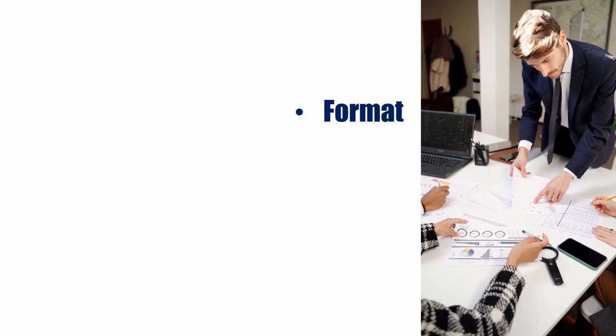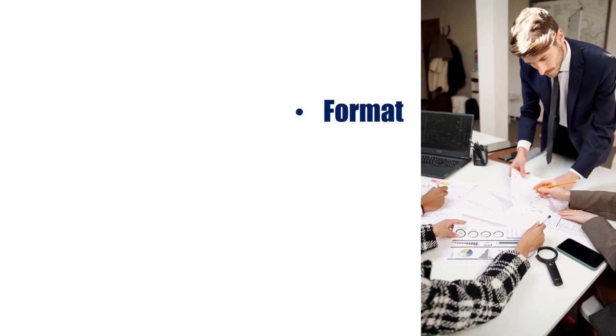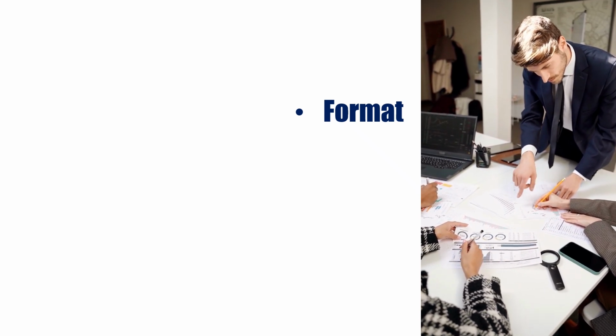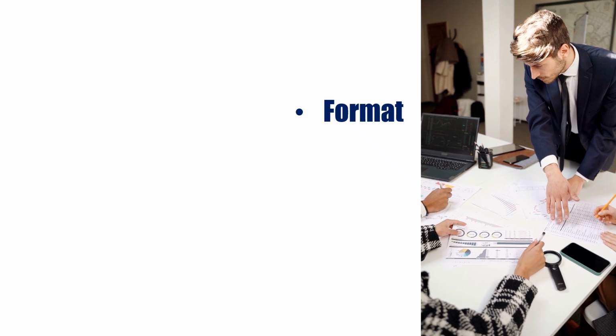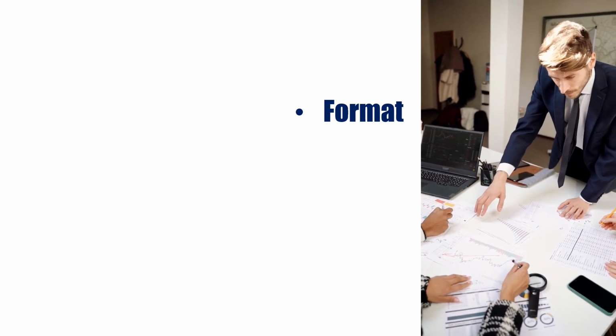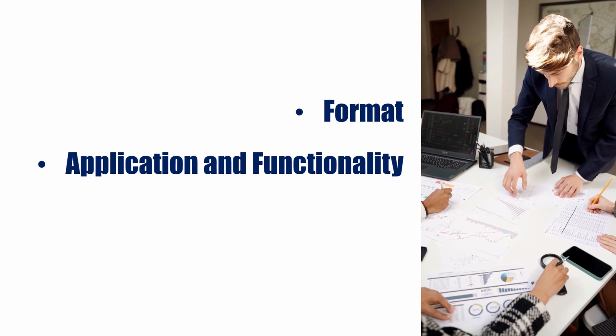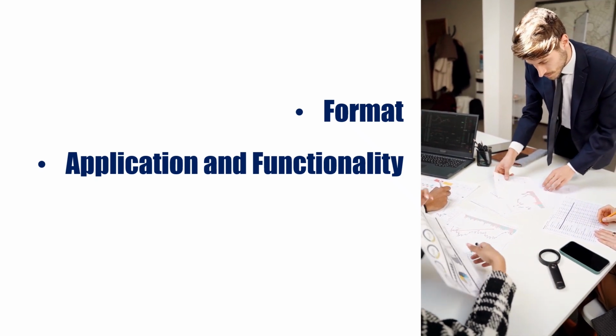In the list of orders, we look at 1. Format. Financial statements vary from one institution to the other. The differences are a result of differences in addition or subtraction of items, which are appropriate for each institution's record and analysis. 2. The application and functionality in this exercise is less important as the emphasis is more on understanding